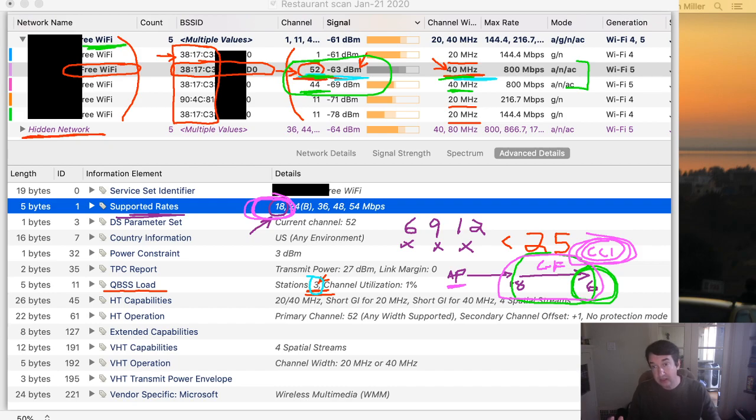If I saw that wasn't an issue, and it was an area where we didn't have non-802.11 interference, because we were able to look at that by turning an access point into a spectrum analyzer, or if an on-site survey had been done with a spectrum analyzer, and if an Ekahau survey had been done for that area and didn't show any big co-channel interference, if we weren't seeing any of those things, but we were still getting complaints about the Wi-Fi,